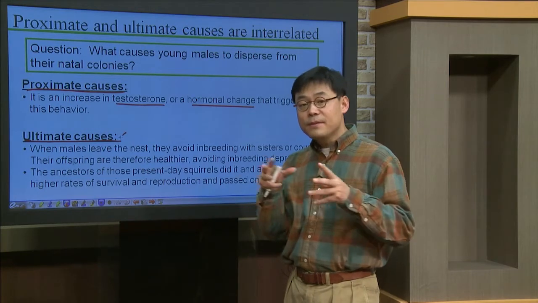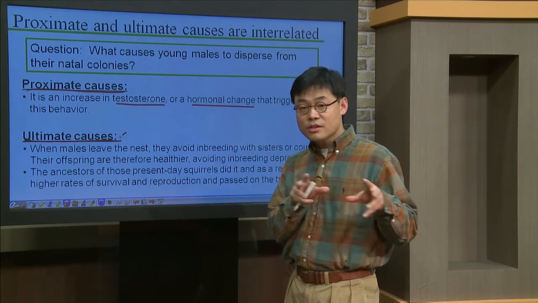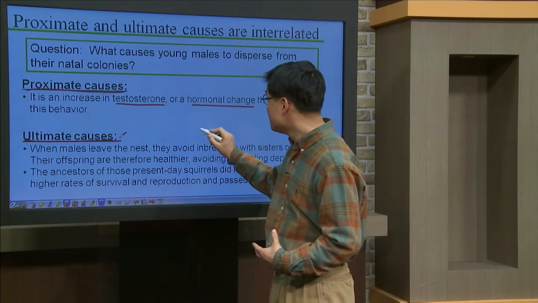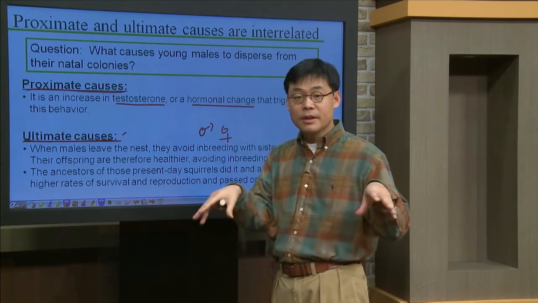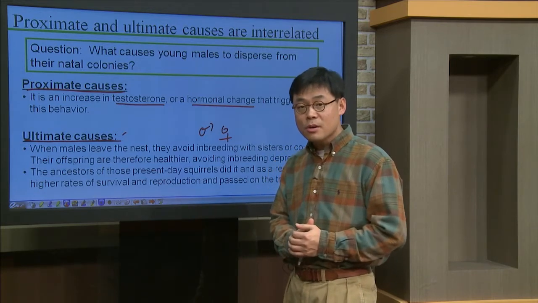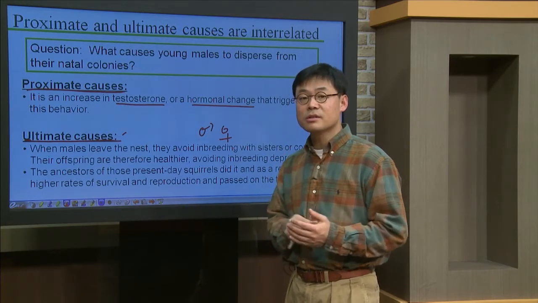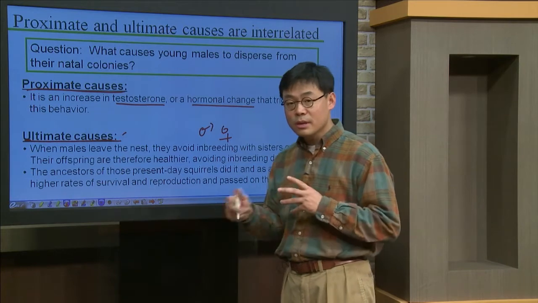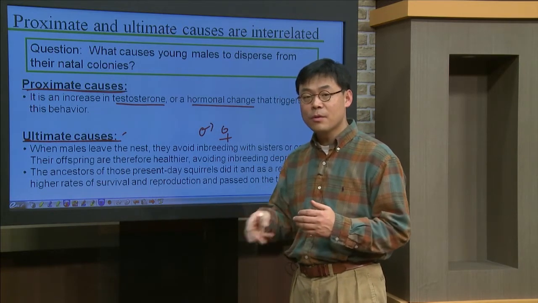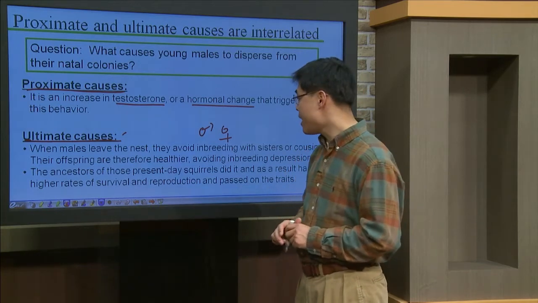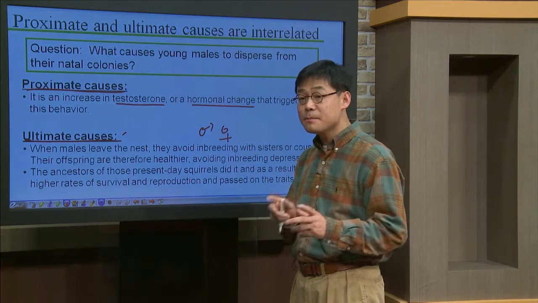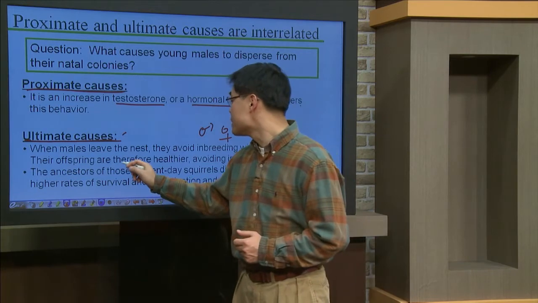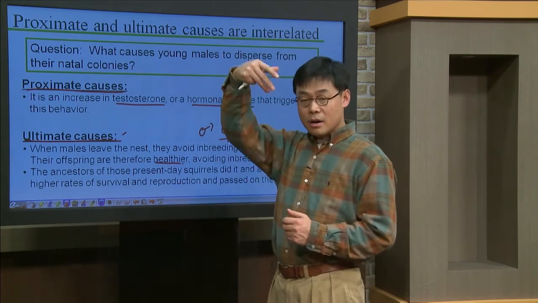if the male and female offspring, your sons and daughters, disperse approximately the same distance, so that you have your sons and your daughters very close to you when they disperse away from your burrows, then the chances are the sons and daughters are mating with each other, so that it's like inbreeding. And inbreeding usually is not good for your fitness in a lot of ways, and among them is health. The offspring of inbreeding usually do worse than those of outbreeding, so that the offspring are healthier by